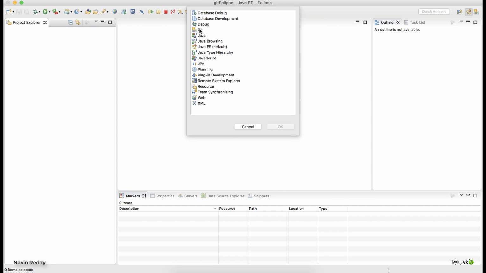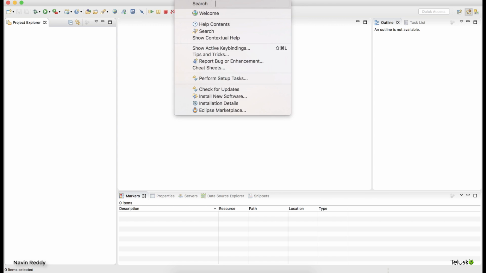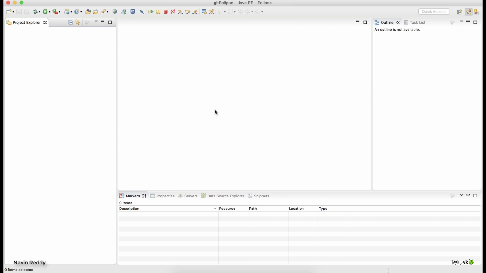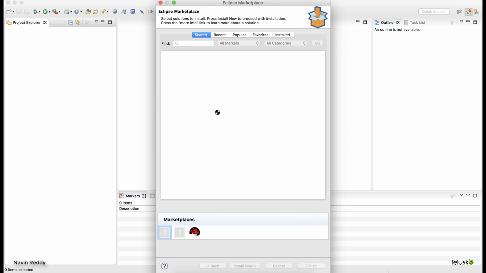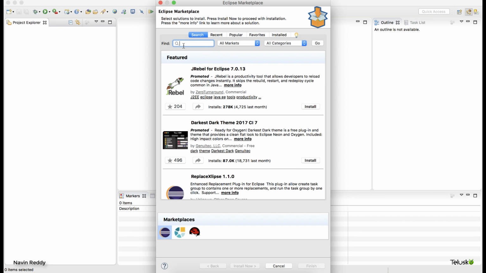By default, it will be there in your Eclipse, but in case you don't find it, go to perspective, and if you don't find Git, make sure that you add Git in your Eclipse. How do we do that? It's very simple. Just go to Help, search for Eclipse Marketplace, and here you can search for EGit. And when you search for it, make sure that you install it. In my machine, I already have that, so I don't have to worry about it.